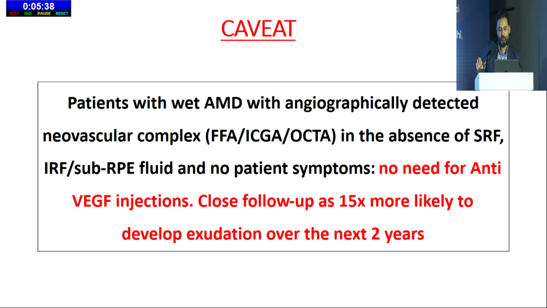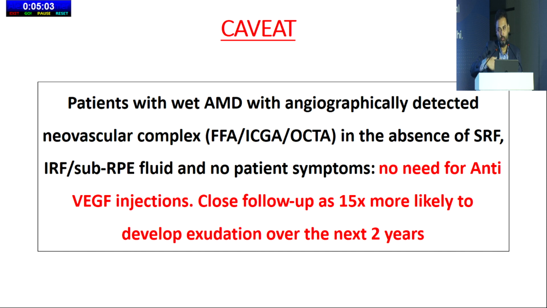The caveat with this is that patients with wet AMD, and that's what you would call them in the current literature, have an angiographically detected neovascular complex, either on FA, ICG, or OCTA. In this case, it was OCTA. But if there is no fluid, either subretinal, intraretinal, or sub-RPE fluid, and the patient has no symptoms, the current recommendation at this point in time is not to treat the visible membrane, only the visible fluid associated with the visible membrane. However, they need close follow-up with home Amsler monitoring or whatever else kind of monitoring they can get,